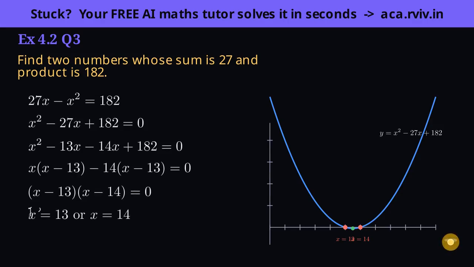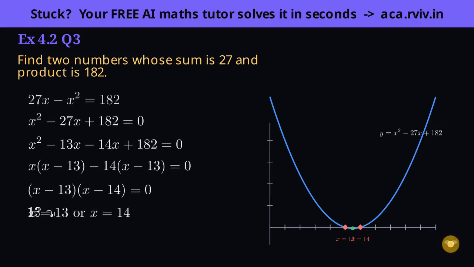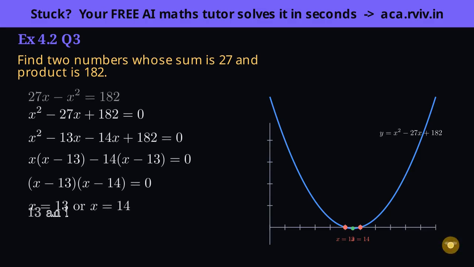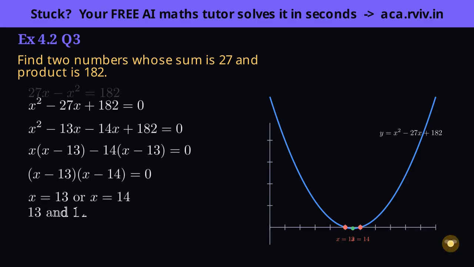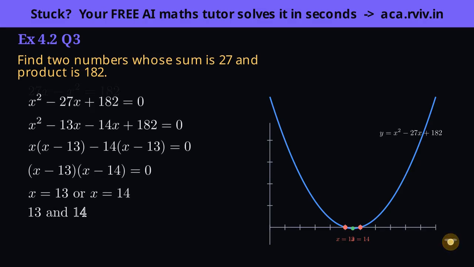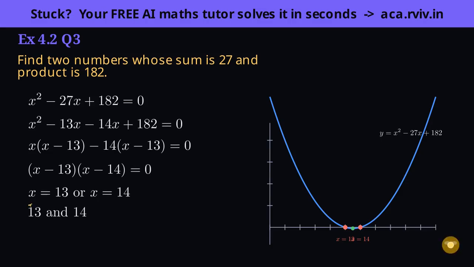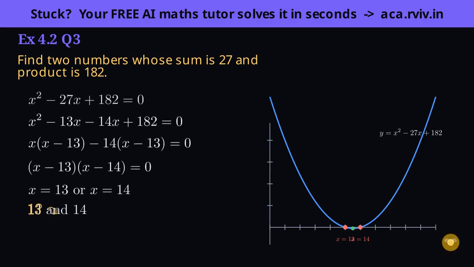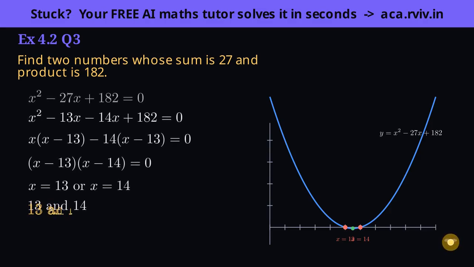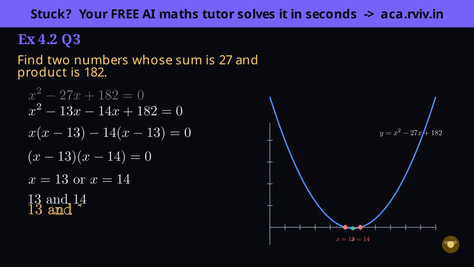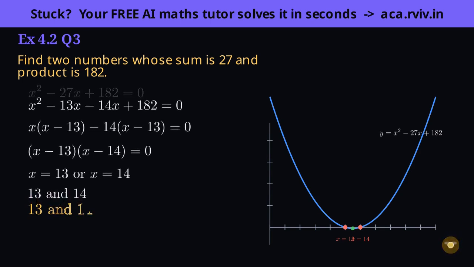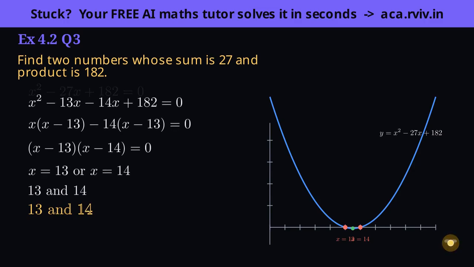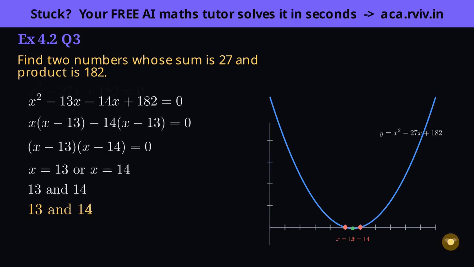And notice both roots describe the same pair, because if x is 13 the other is 27 minus 13, which is 14, and vice versa. The two roots are simply the two numbers. Sum and product given is a classic quadratic fingerprint. One number is x, the other is the leftover of the sum, and multiplying them makes the square. In fact, this ties directly to the sum and product of roots rules. The two numbers you seek are literally the roots of x squared minus sum x plus product.